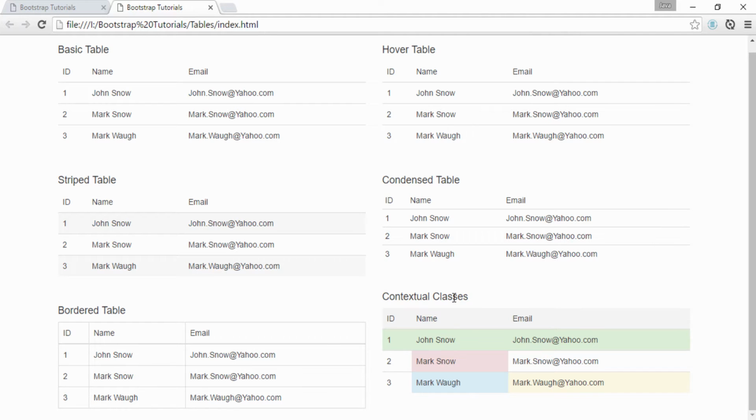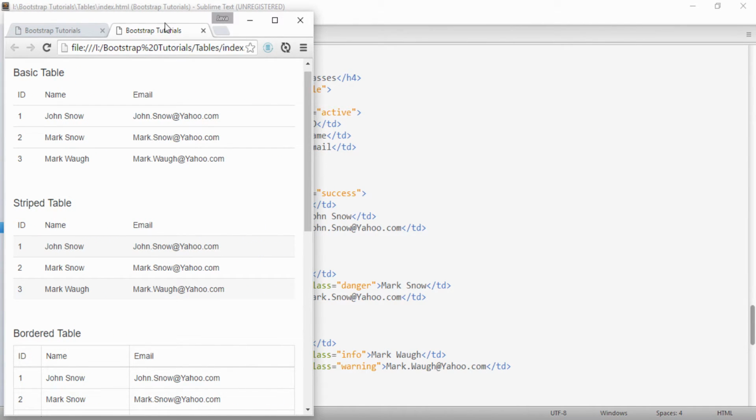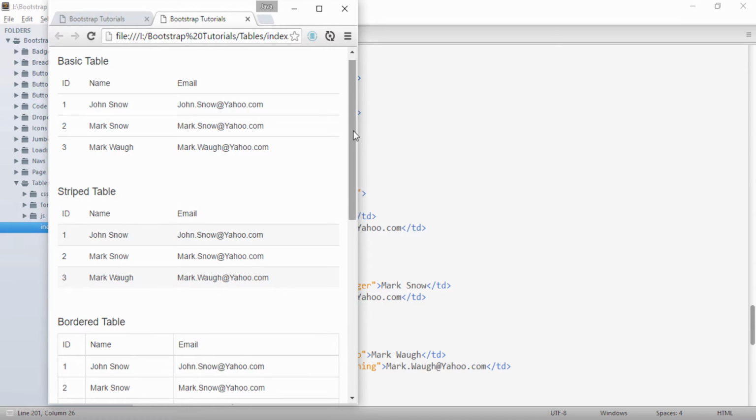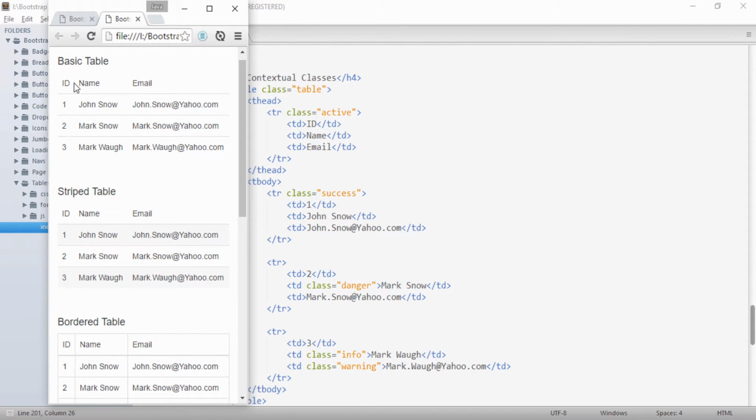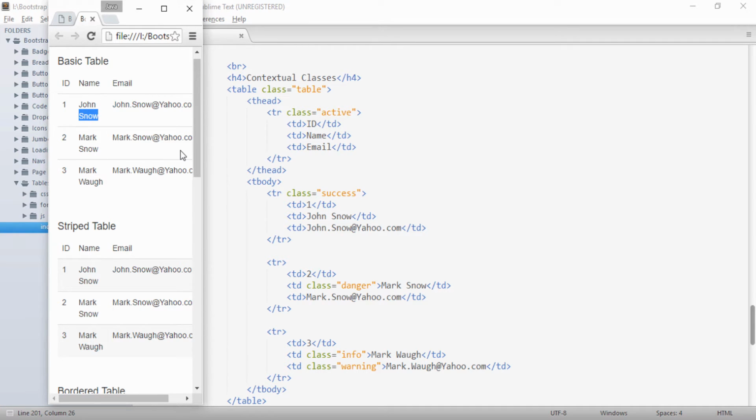So moving ahead, one last thing remains, which is to show the concept of a responsive table. If I go to the editor, currently none of these tables is responsive. So if I decrease the width of the browser, at one point you can see this name looks something like this. John is on the first line and Snow comes to the second line, which makes this table hard to read, and it's not a responsive table.